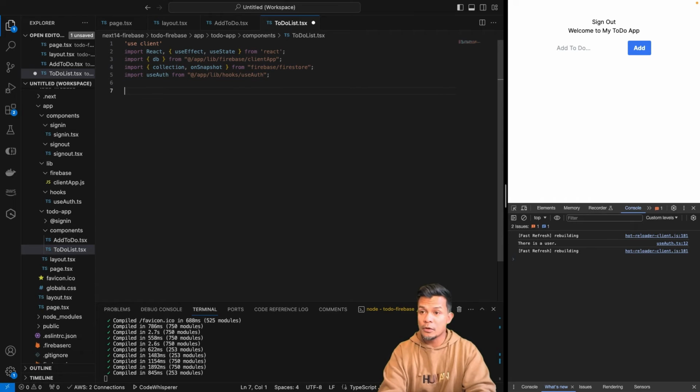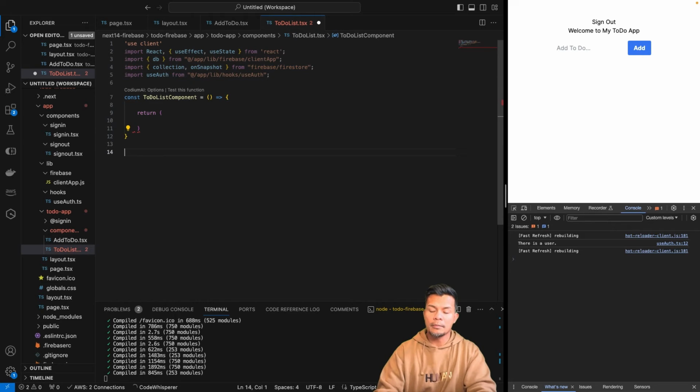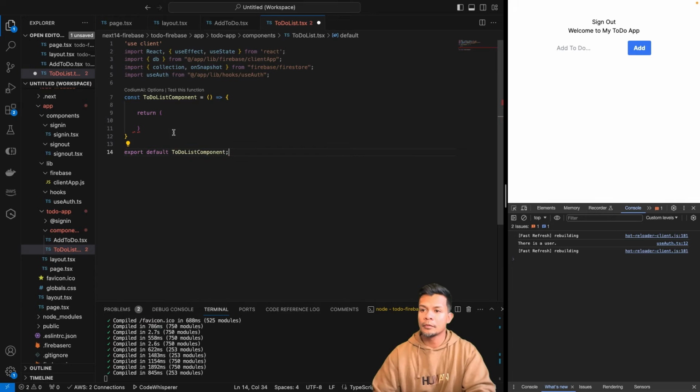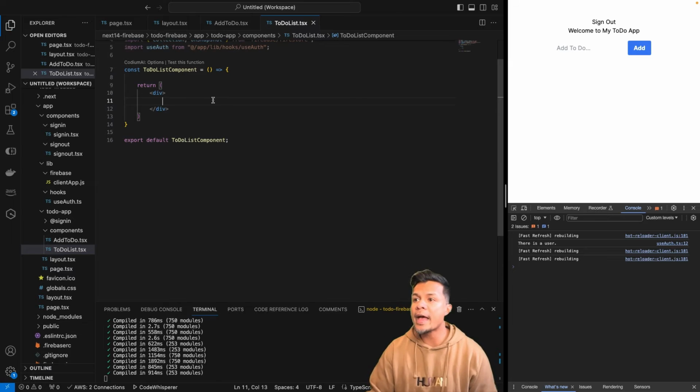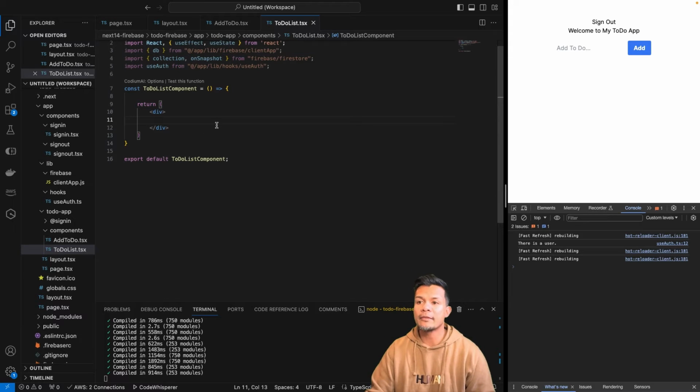Okay, so let's go ahead and create our component. Okay, cool. All right, and we also want to make sure that we export default this thing. Beautiful. And then let's get a div going here. My auto is a little slow right now. Okay, there we go. So let's go ahead and save that for now. All right, so we have our to-do component. And let me go ahead and just grab some of this